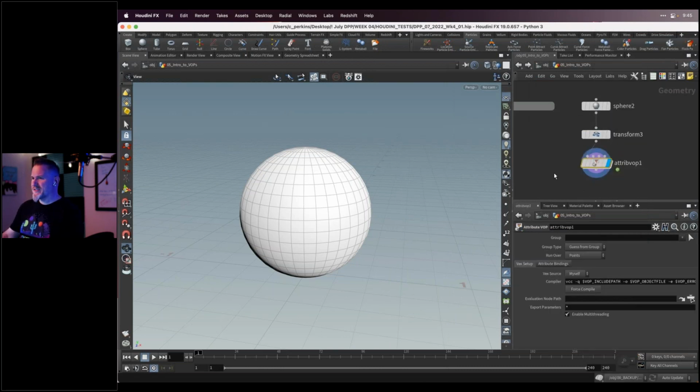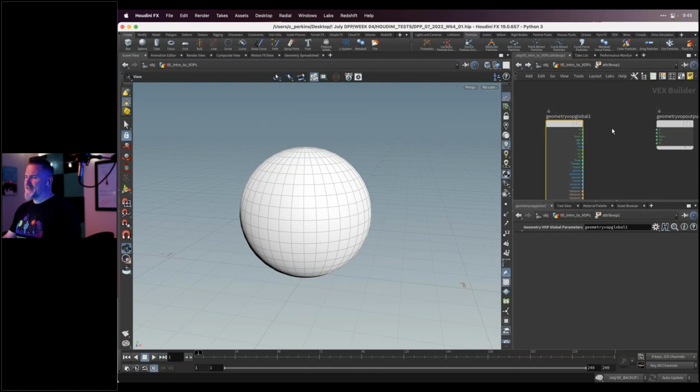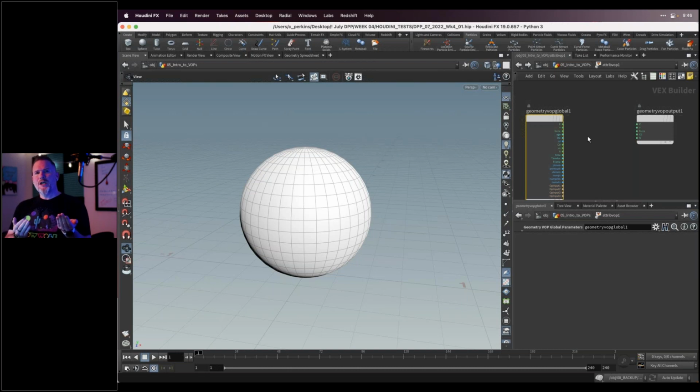We're going to do this to teach about VOPs, but also this is us starting to make particles here. This is going to become our particle system. So VOPs is another context, another world. I double click this and I'm in a different world. At the object level, we created a geometry network, we're in that network, and then inside the geometry network, we're in this VOP network. So it's kind of nuts. But if you're intimidated by coding, this is kind of a helper, because this effectively is like an attribute wrangle, except the syntax is backwards. In an attribute wrangle, you say, okay, here's this thing, here's pscale.